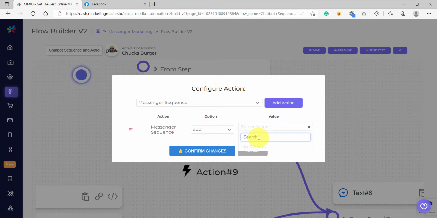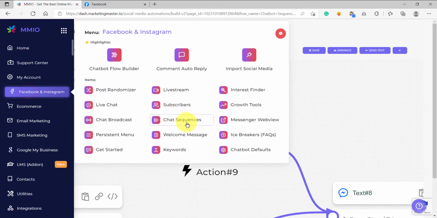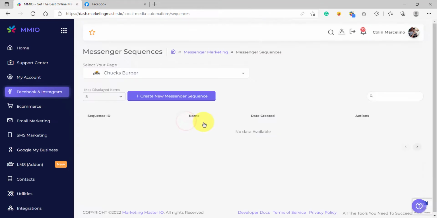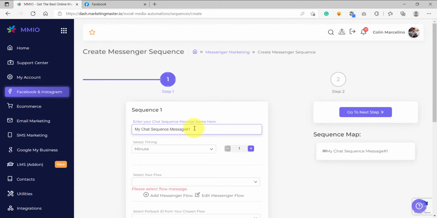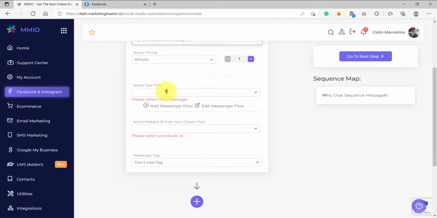So we need to first build our messenger sequence. To do that, go to Facebook and Instagram, and then go to chat sequence. And after that, we are going to create a new messenger sequence by clicking this button. And then we are going to configure our sequence here. So example, this is our chat sequence number 1. Then we are going to select the flow that we want to send and the postback ID and what messenger